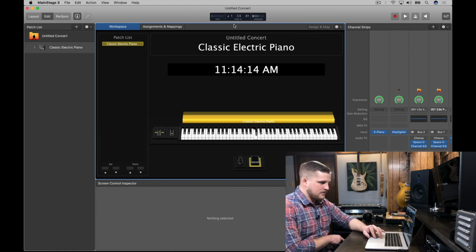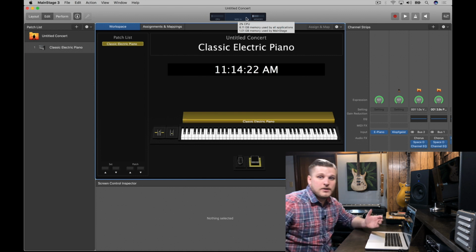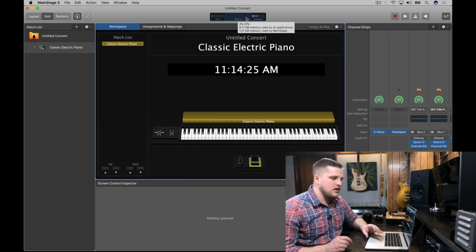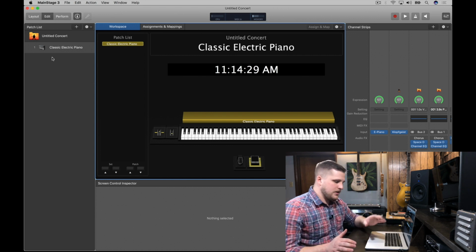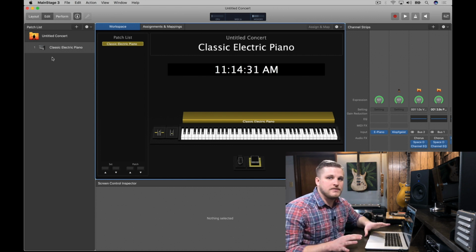When I hit middle C, MainStage receives a C3, and then it receives how hard I pressed that note. And then when I release, it says off. That's all that MIDI is. It's just a bunch of ones and zeros and note values. That's how MIDI works. So, in order to get connected to your computer, you need a way to connect your